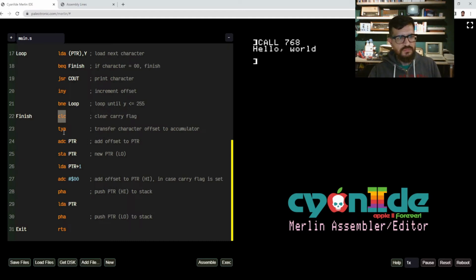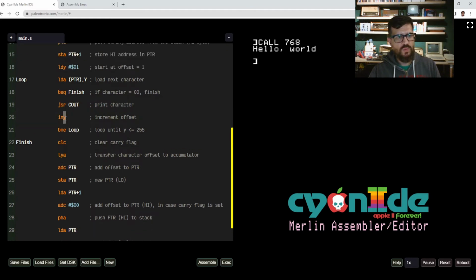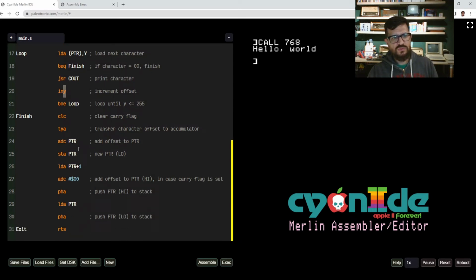So we have currently in Y the length of the string, right? Because we started with 1 and then we kept incrementing the Y register until the moment where the string had a character with a 0. So Y right now has the length of the string. So we transfer this to the accumulator. So now the accumulator has the length of the string,